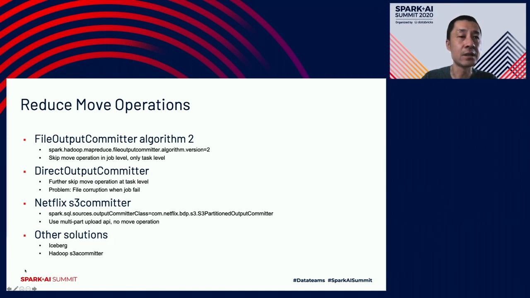However, the focus of Iceberg is to provide transactional support, which we don't really need in our use cases. And also the S3A committer from recent Hadoop distributions. However, it is tightly integrated with S3Guard, which adds extra operational complexity. So we decided to adopt the S3 committer, which solves our need, but is still simple enough.